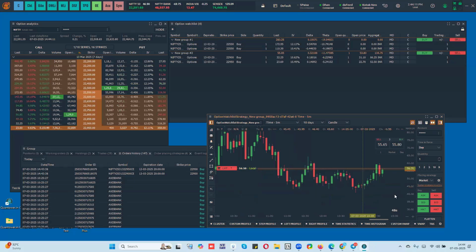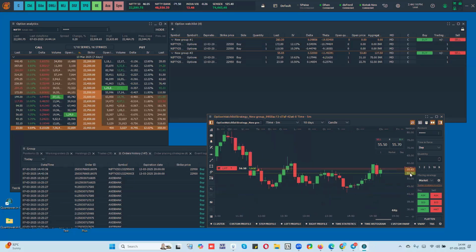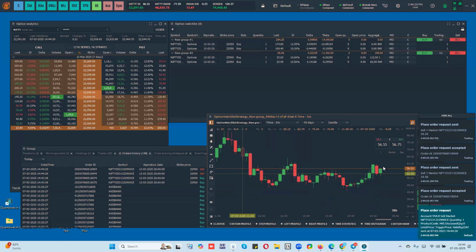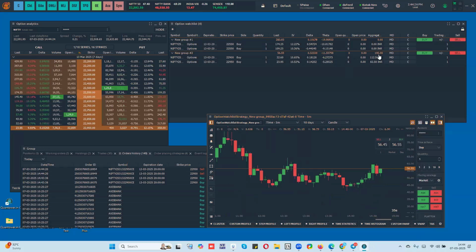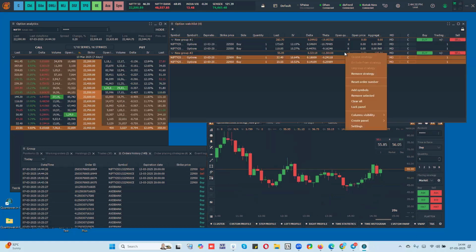I cannot place a stop order here, but I can place an entry and exit order with the limit option. Now my price touched and my basket order got exited. You can see I have a 195 rupees profit from this particular basket. I don't have a position now, and if I want to reset, all I have to do is right click and reset order number.